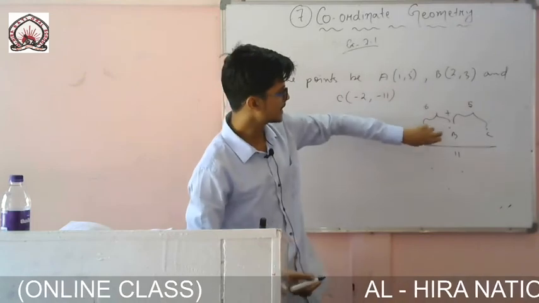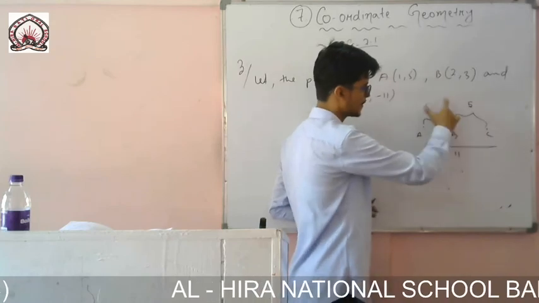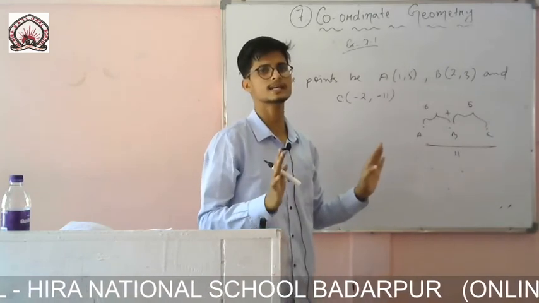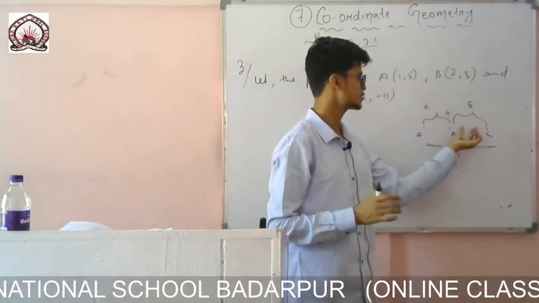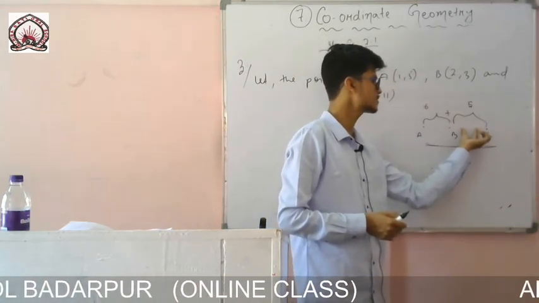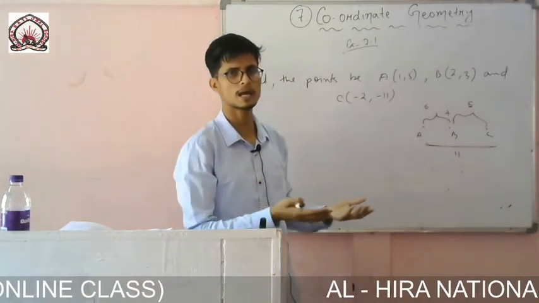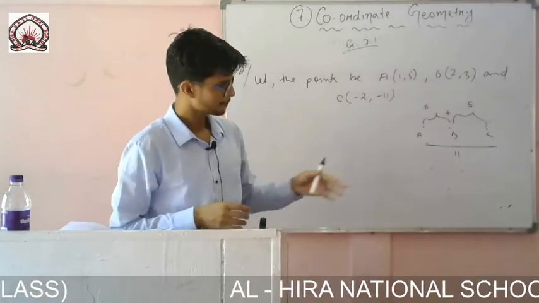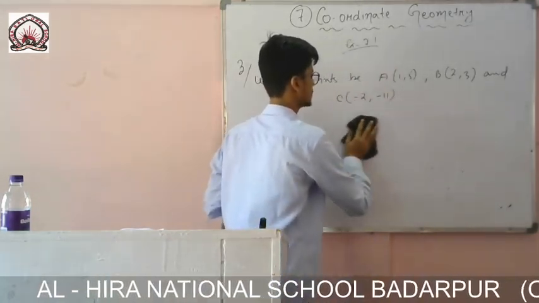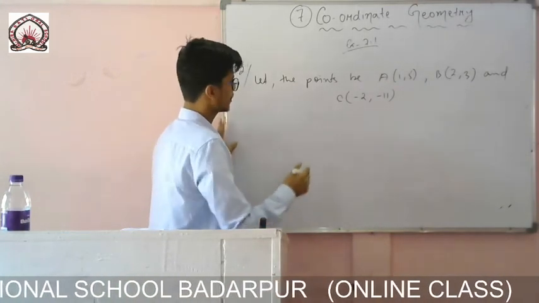So for the points to be on the same line, if I add any two sides and it is equal to the third side, only then I can say that yes, they are on the same line, because the distance should remain the same. If AB is 6 and BC is 5, then it should be equal to AC. But if I find any error, then that means they are not on the same line, they are not collinear. So let us check it first of all. Now let us find one by one.